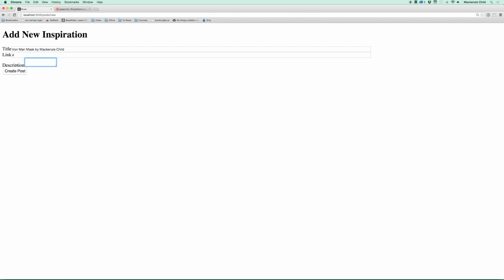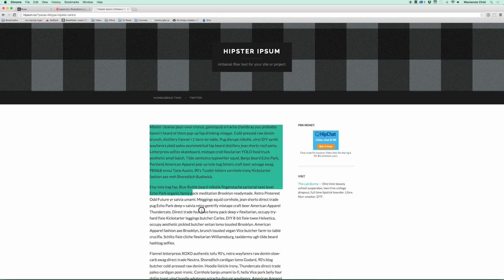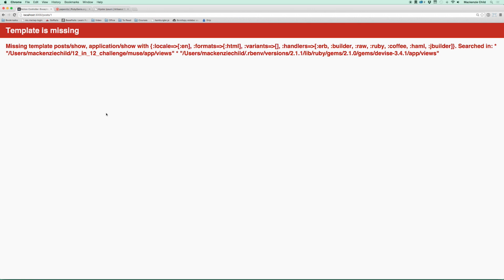Link, I'll just stub it out. Actually, I'll put in my http://mackenziechild.me. And then I'm going to grab some hipster ipsum, some placeholder text, copy this, and go back and paste that in. All right, so it did save to the database and we were routed to post/1, but we get a